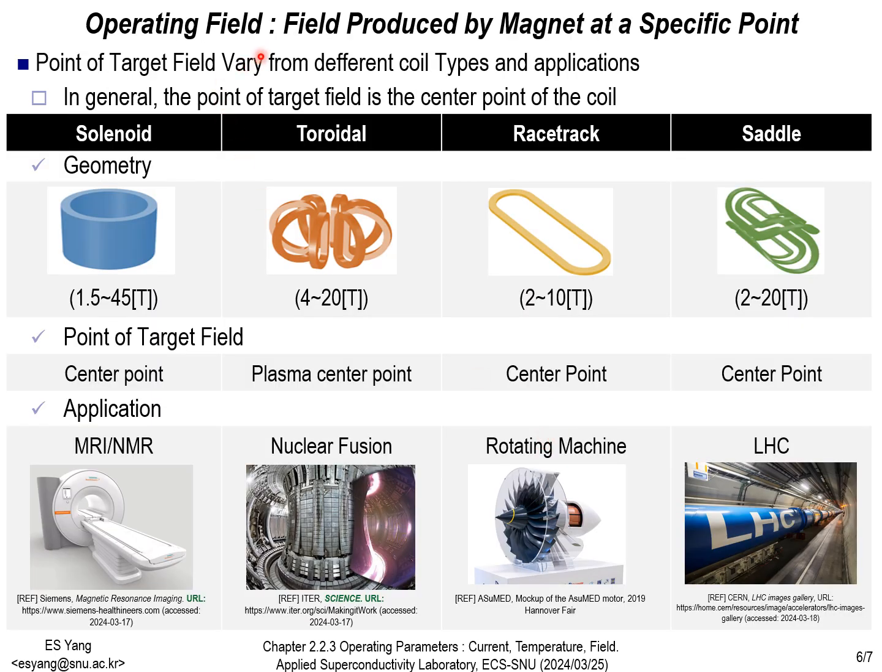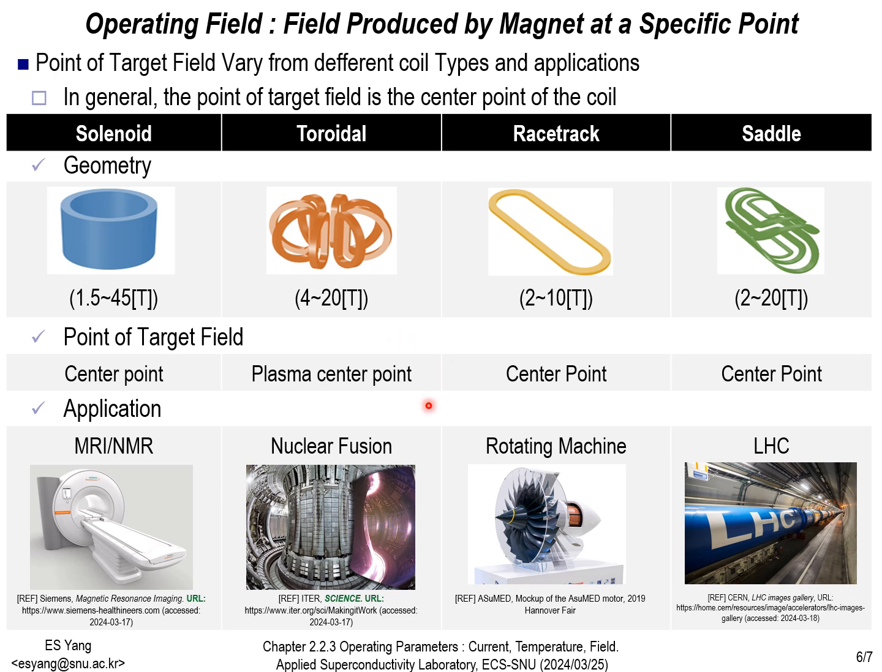Lastly, let's talk about target magnetic field. The desired location of the target magnetic field varies depending on the shape of the magnet. For example, the solenoid coil used in MRI and NMR, the racetrack coil used in rotating machines, and the saddle coil used in the LHC are designed so that the target magnetic field is located at the center of the magnet's geometry. On the other hand, toroidal coils used in nuclear fusion have the target magnetic field set at the